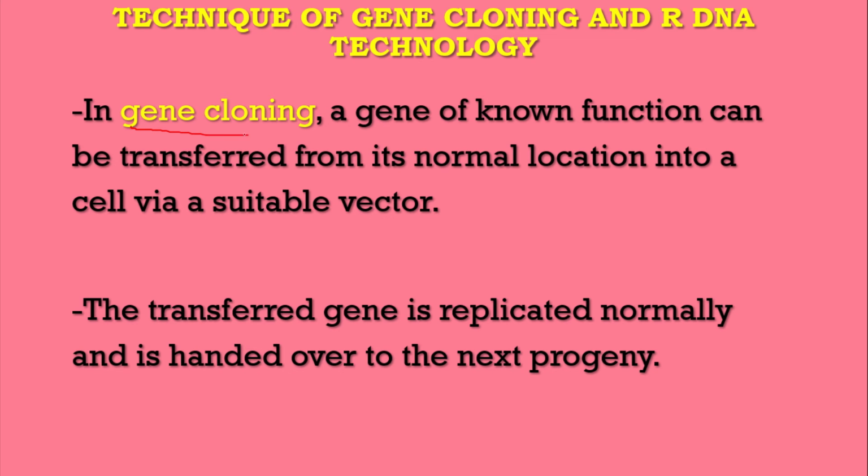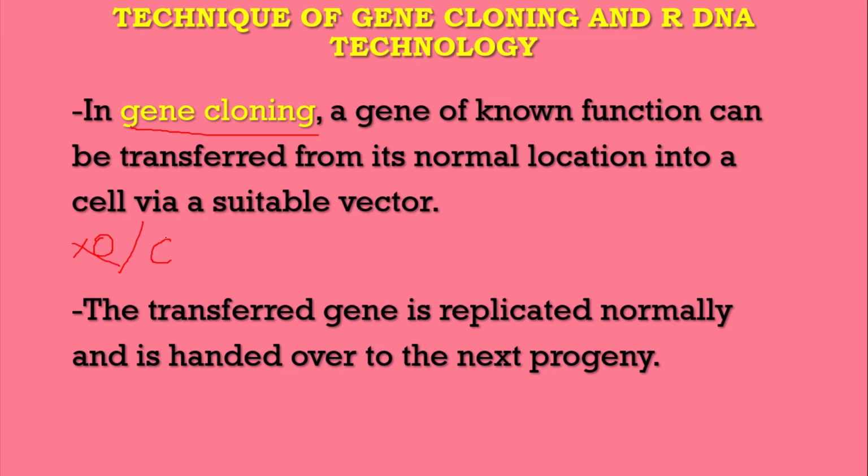In gene cloning, first of all, a gene, you know, a segment of DNA, that is called a gene. But what is the meaning of cloning? Before proceeding towards cloning, I'll tell you the difference between offspring and clone. Offspring means, we people are offspring. Why am I using the word offspring? Because we are not exactly similar to our parents. A few of our characters are similar to our parents, but we are not exactly similar to them. So that's why we are offspring.